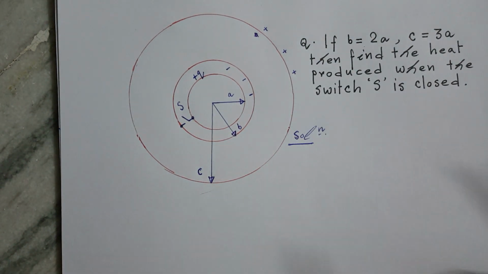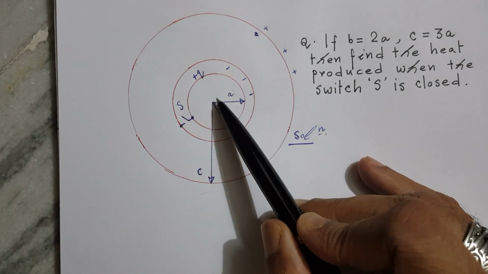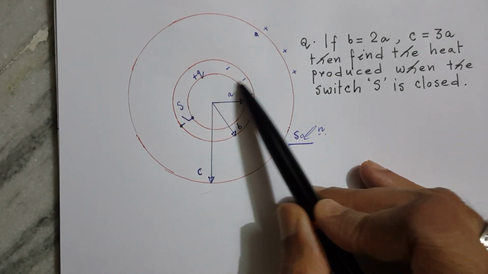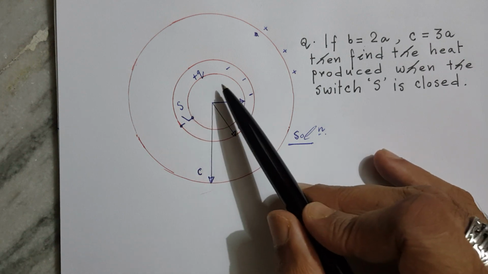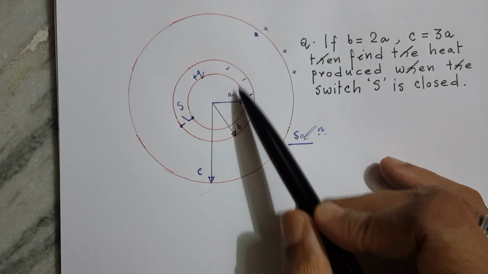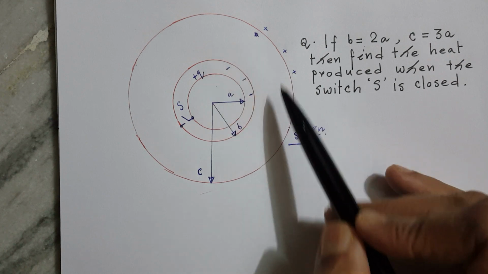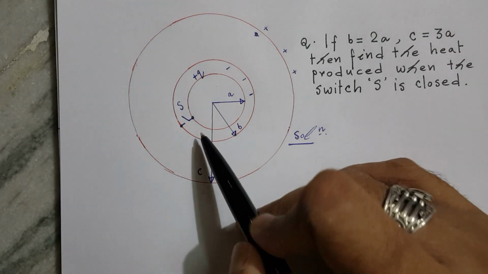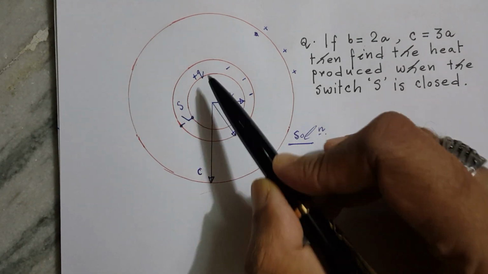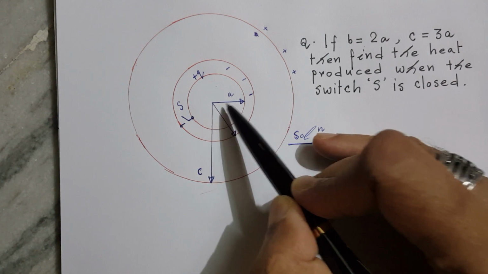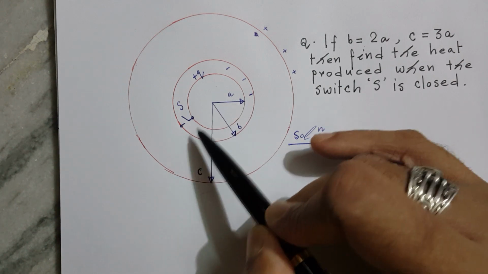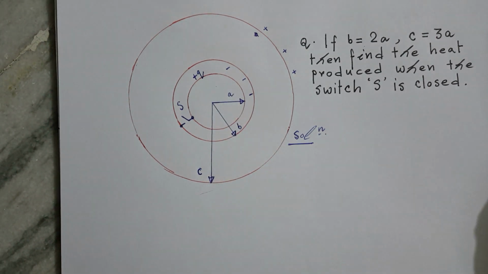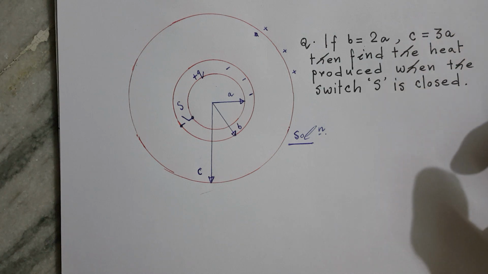So an opposite charge to that of the solid sphere is induced at the near end, on the inner surface of the spherical shell, and a similar charge to that of the solid sphere is induced at the far end, which is the outer surface of the spherical shell. Because of this, in this particular annular region, in the region r greater than a and less than b, there will be an electric field. Because of that electric field, some electrical energy will be stored.